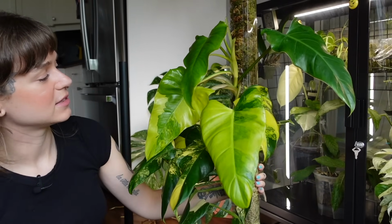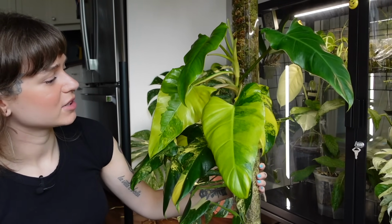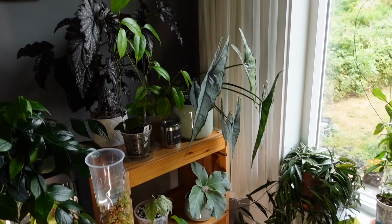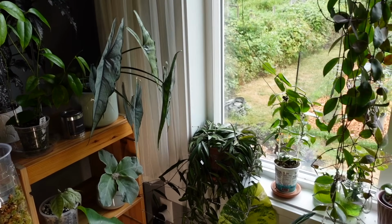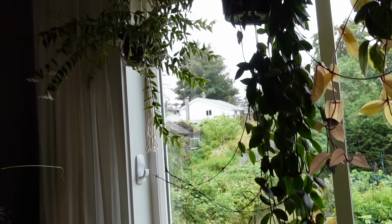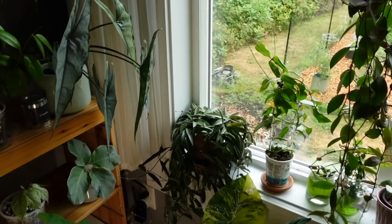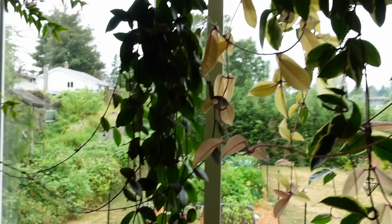But I was really excited to show y'all how she's doing because the leaves suddenly just started getting so big. I was like, holy smokes, what is going on over here? It's so crazy. Okay, I don't really have a lot of updates for the rest of this area. My Hoyas are still just doing their thing, blooming like crazy. Like I said, I'm not going to talk about a lot of them, but there is one Hoya that I